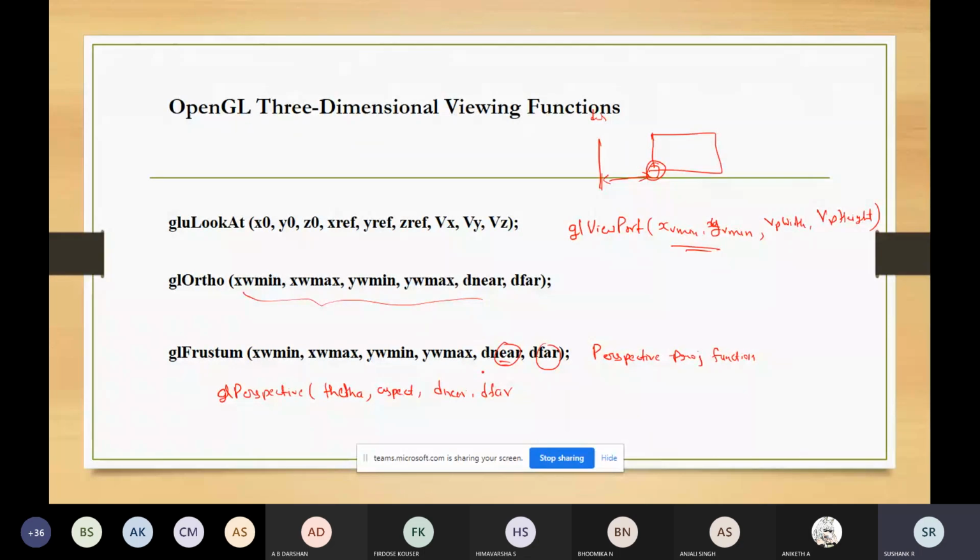This function is used for producing a symmetric perspective projection, like a symmetric frustum view volume about the viewing direction.